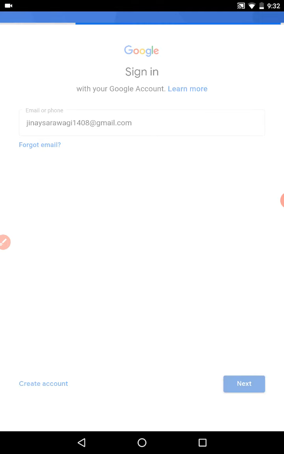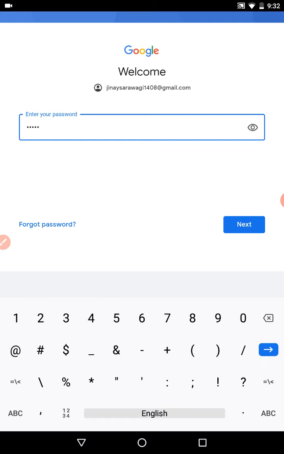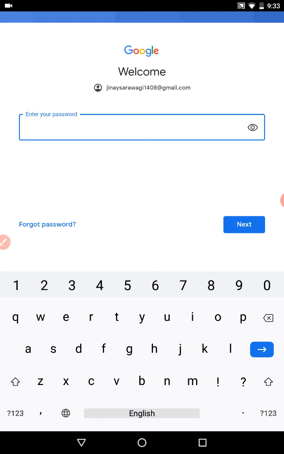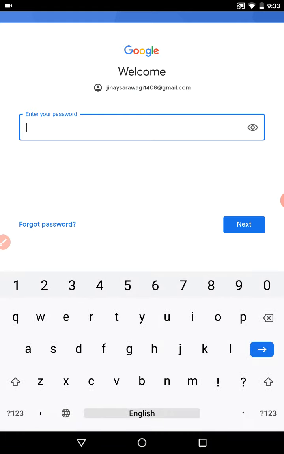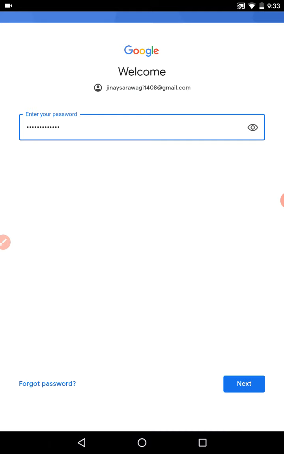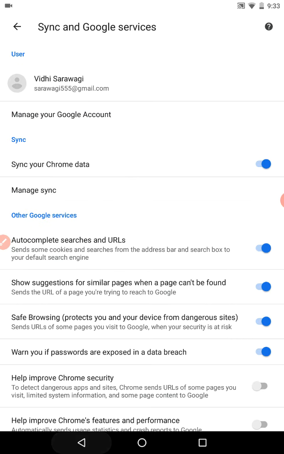And then go to next. And then you have to enter your password here. So you can input your password here, and then you have to click on the next button. I have taken a password, and then you have to click on the next button, and then your account will be automatically added here.